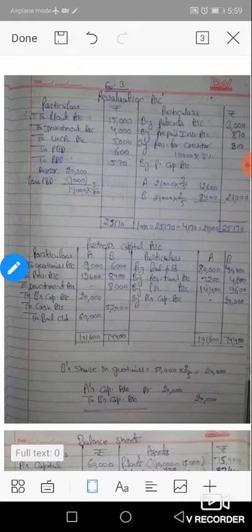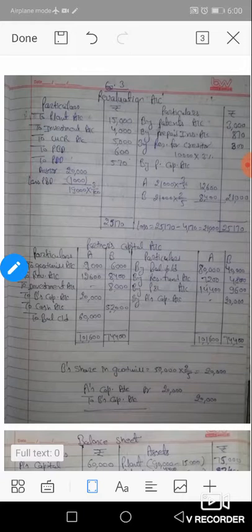The balance sheet on 31st March 2017 was as follows: EPF, Employees Provident Fund 18,000, Reserve Fund 12,000, sundry creditors 10,000, P&L balance 24,000, capital of A and B, only two partners are there, 80,000 and 40,000. On the asset side, goodwill 15,000, plant 19,000, patent 4,400, stock 30,000, investment 20,000, debtors 20,000 less PBD 400, 19,600, and cash balance 5,000.